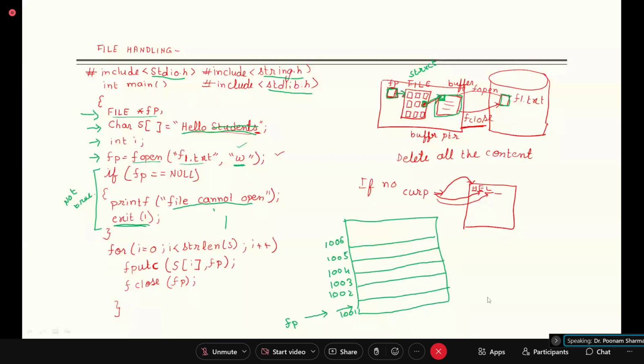For this, we are using a for loop where I is equal to 0 to I is less than the string length of this particular text, whatever you have written. And you are giving one alphabet at a time, which you are sending to FP. So it means that every time, FP should be